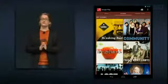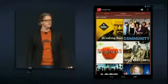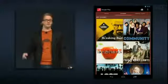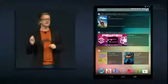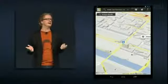and you can, of course, also download your TV shows for offline use if you're going to be somewhere without Wi-Fi, like on a plane. With Nexus 7, we're introducing a powerful new recommendations engine for discovering content that's relevant to you. We've added a What's This Song widget, offline maps, so you can save the data for an entire city